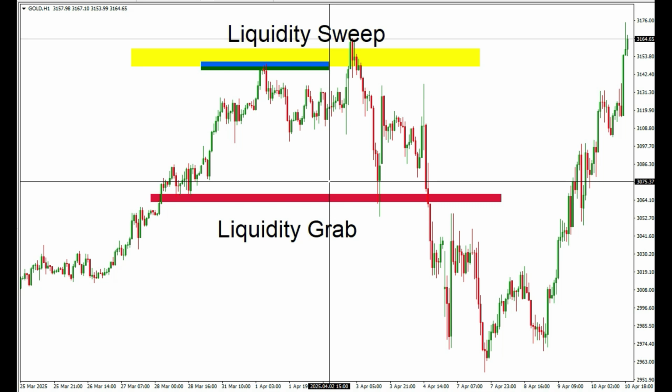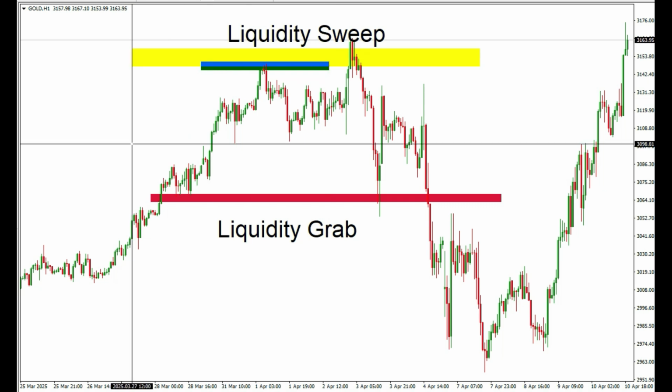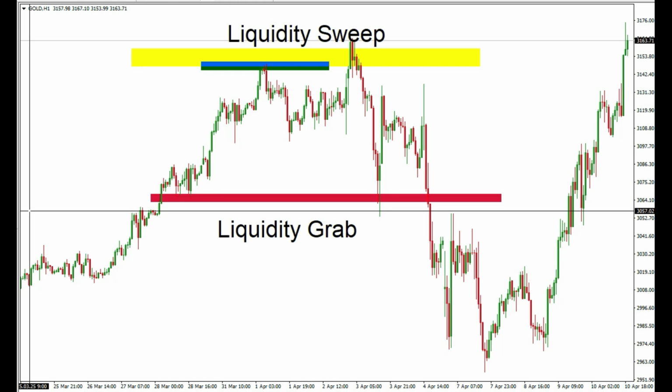Then you will realize that you have two support zones where one of them is a liquidity sweep zone. I know that this is a little bit complicated when I try to explain, and I know that in books and on the internet and YouTube videos, a lot of traders will be against me when I talk like this about the liquidity sweep zone, and they will tell you, okay,